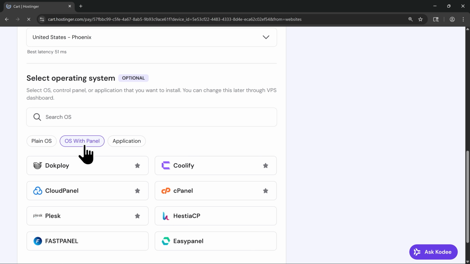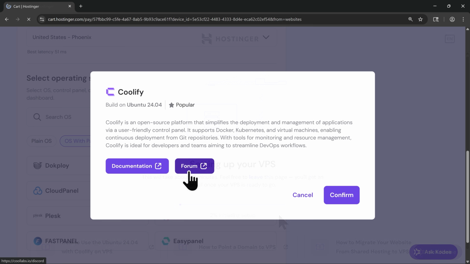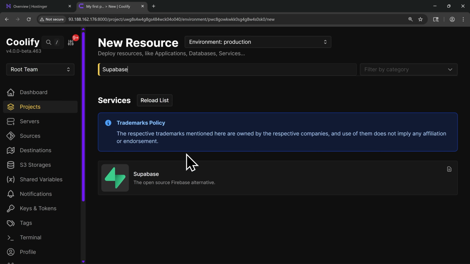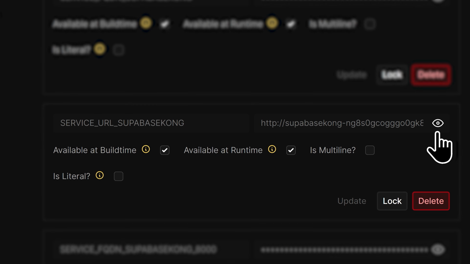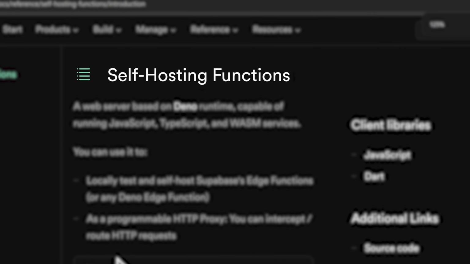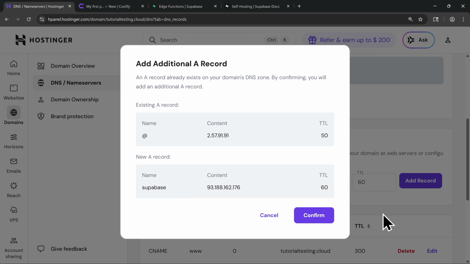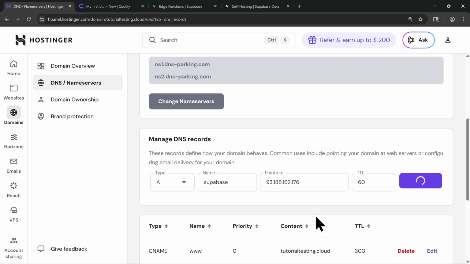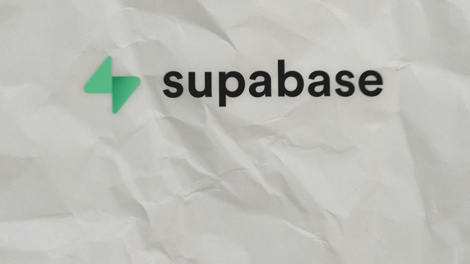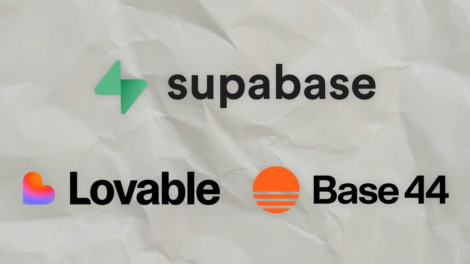by step. First, we'll set up the VPS in a control panel using a beginner-friendly template. Then we'll deploy Supabase, save the keys you'll need to start connecting apps, learn about configuring edge functions, and finally, secure your Supabase dashboard on a custom subdomain. By the end, you'll have a working Supabase setup that's ready to connect to tools like Lovable, Base44, or anything